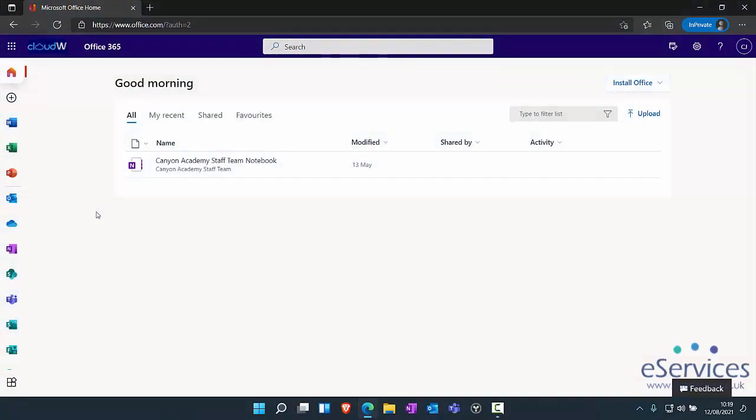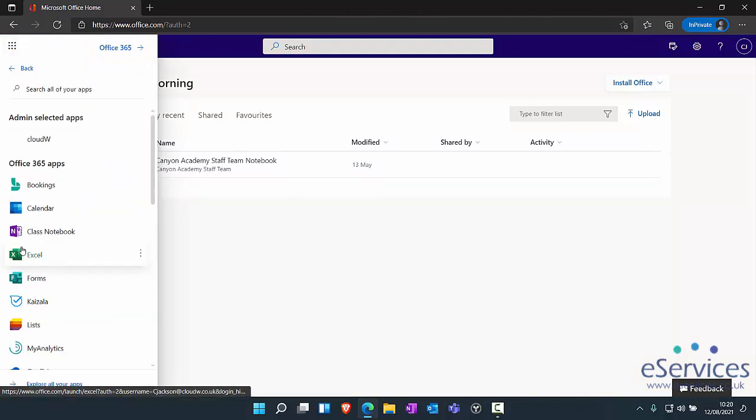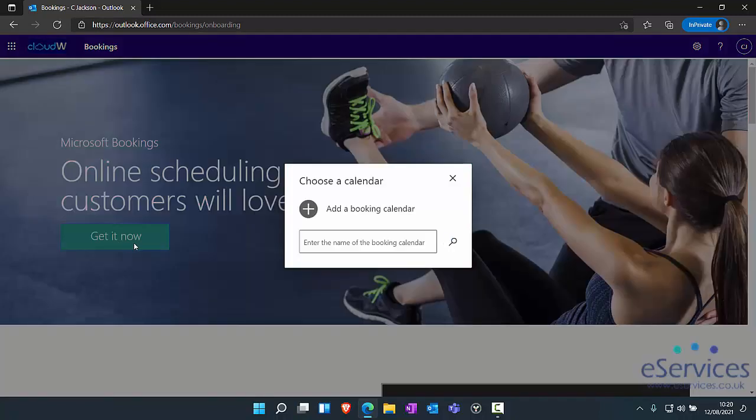So we're going to look at setting up the bookings app in Office 365 so parents can book in for parents' evening. To do this, log into office.com, go to the 9 little dots, and if bookings is there, click on it. If not, you can click on all apps and you should see bookings. It may take you to this page, so just click the button,